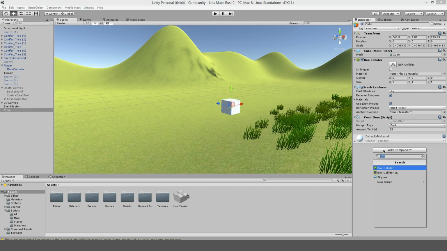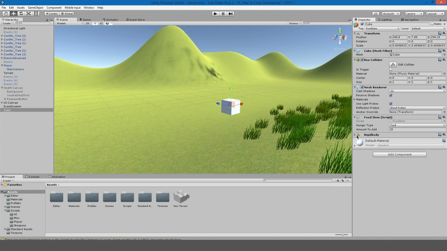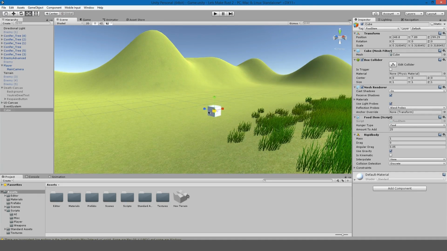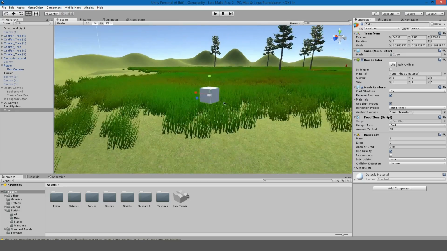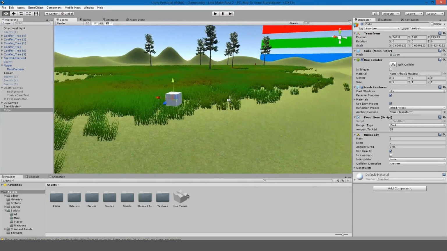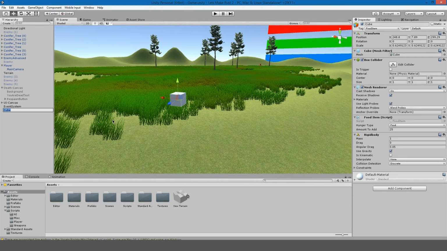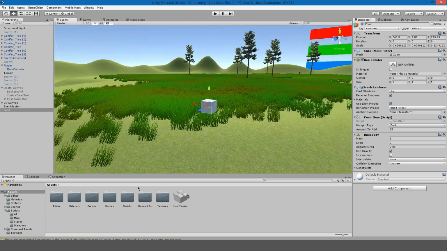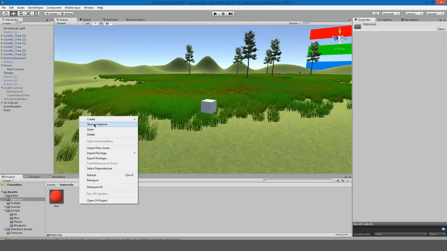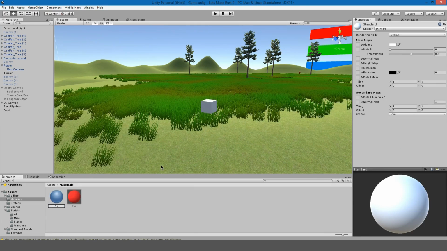I guess we might as well give it a rigid body, because physics, and I'm going to scale that down just a little, no, actually a little bigger so we can see it. And I will call this, let's see, just food. Alright, and I will give it a yellow material, so yellow,